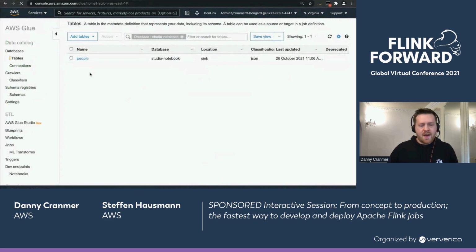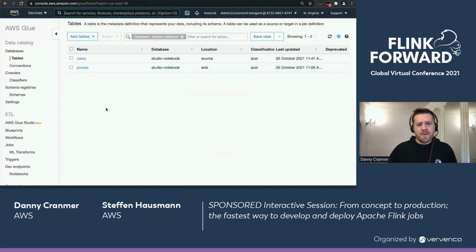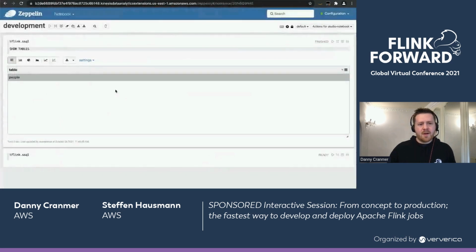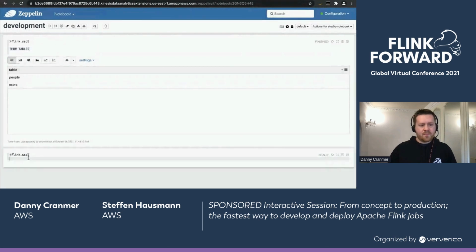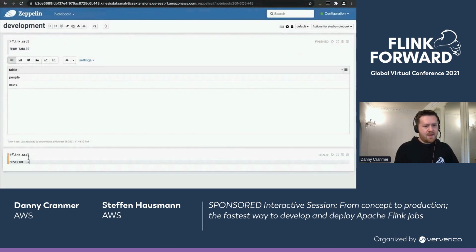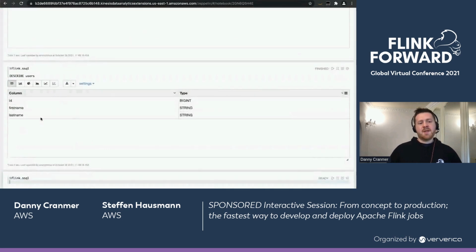So now when it refreshes, you can see we have these two tables within this database. If I go back to my notebook and rerun the show tables query, we'll see the two tables appear. And then if I describe the users table, you can see the schema we just created. So to show you the data's flowing,